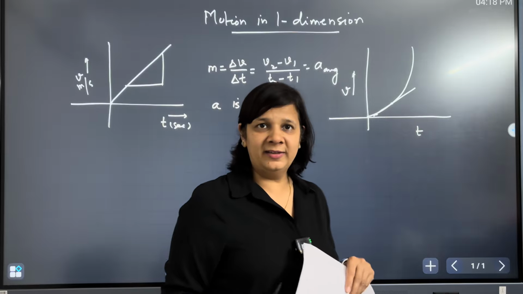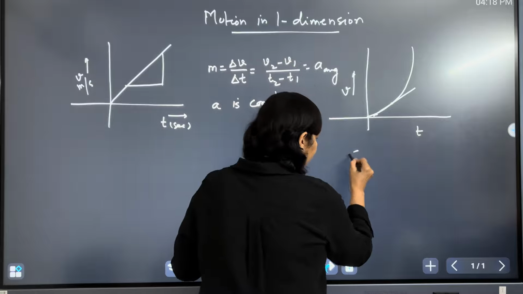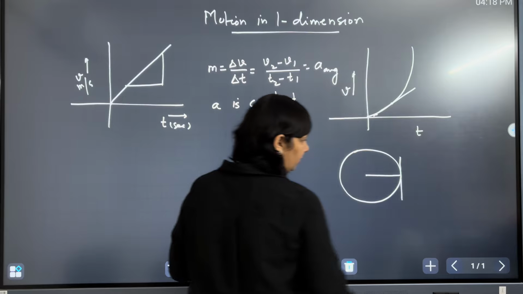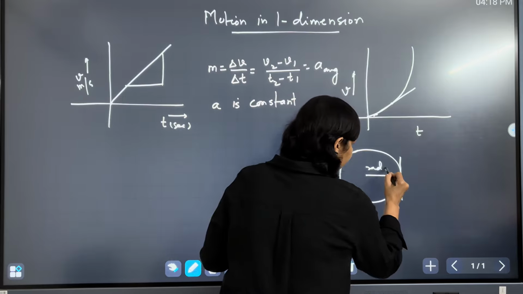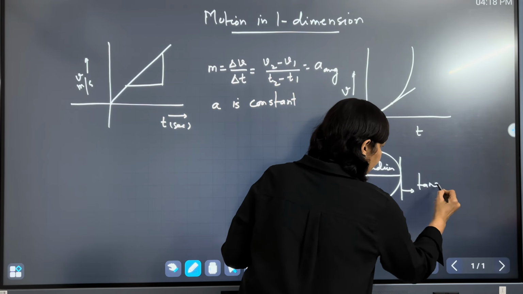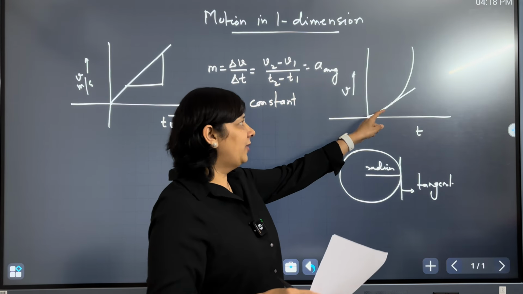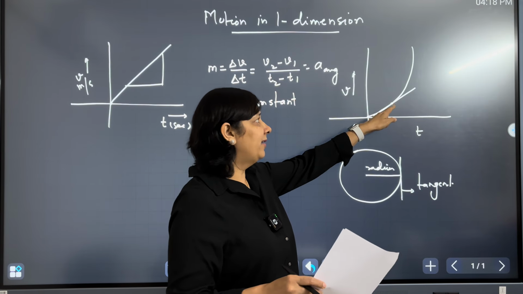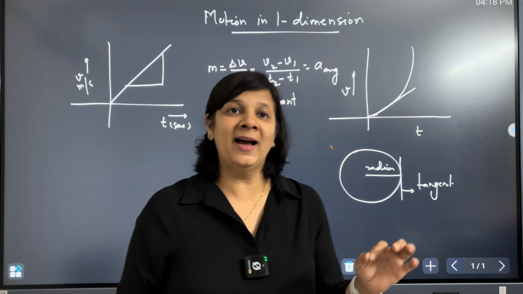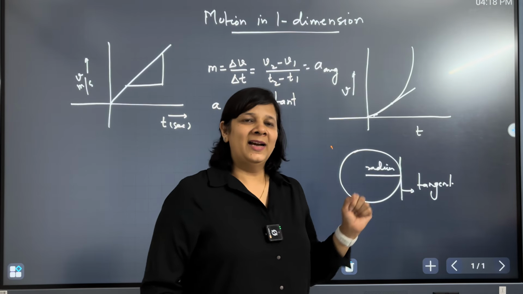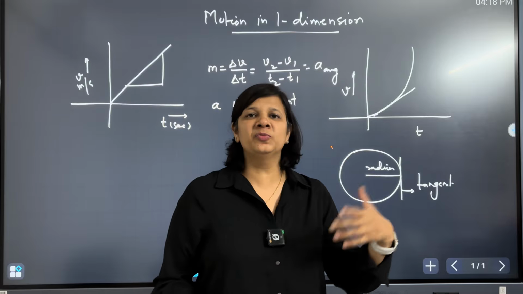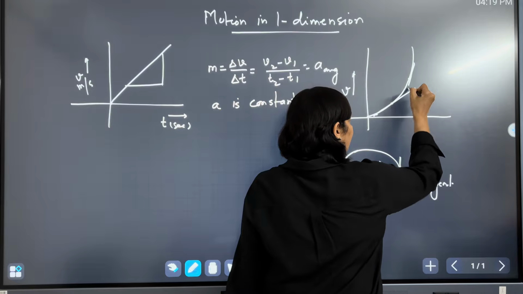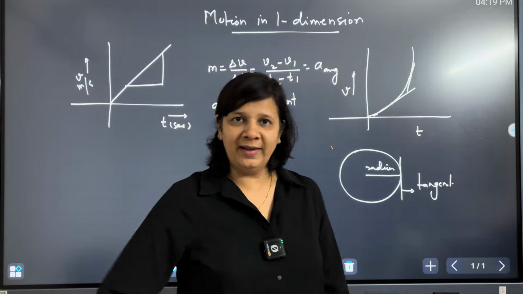All of you might have learned tangent in maths. For example, if I have a circle, right? This is the radius of the circle and this is the tangent to the circle, okay? So this is radius and this is tangent to the circle. So if we have a graph like this, then the slope of the graph is given by the tangent at that point, and this is what gives the idea of a derivative, okay? I'm just giving you an idea. We will talk about this in much more detail later on, okay? So here, this will keep on changing. The slope is different at different points, right?